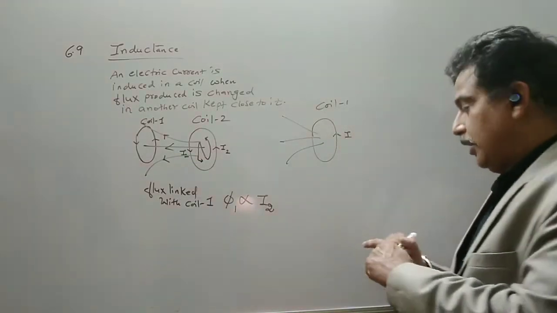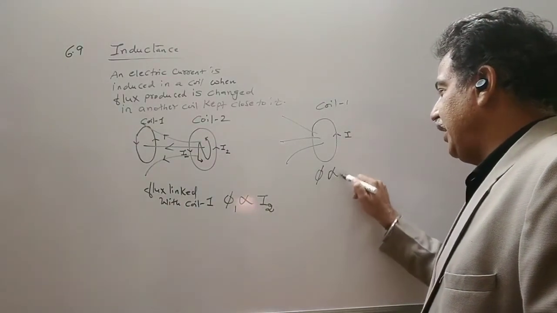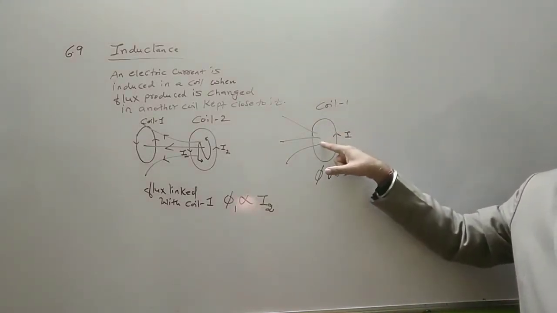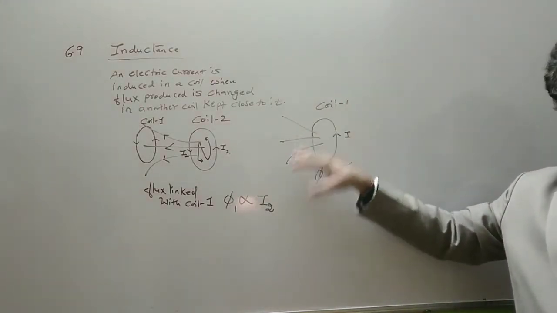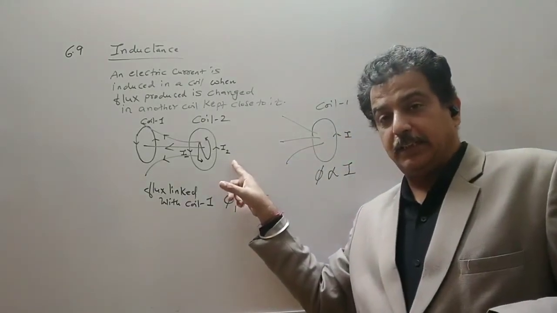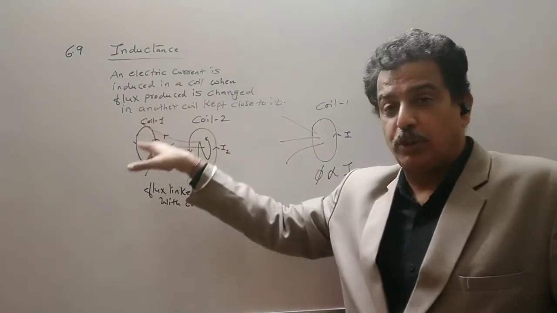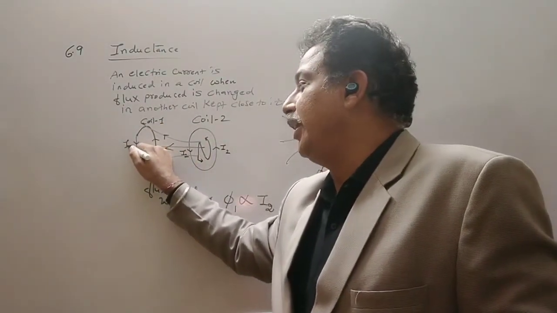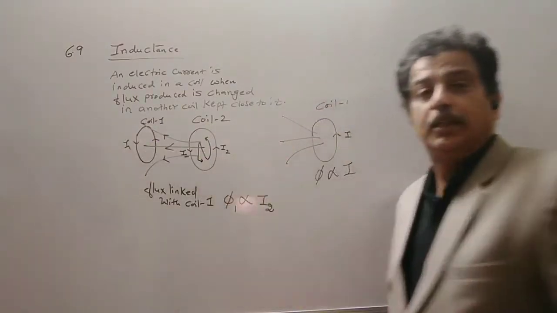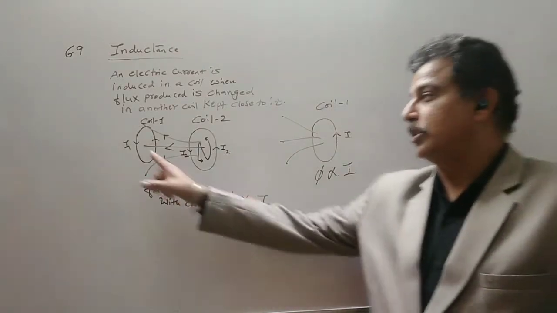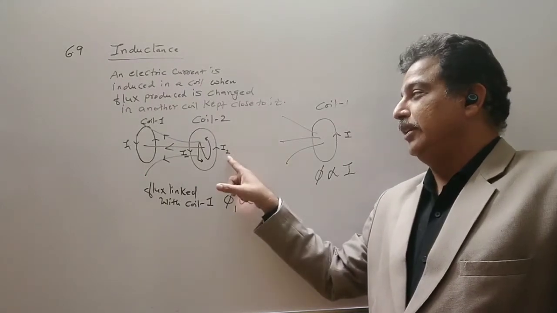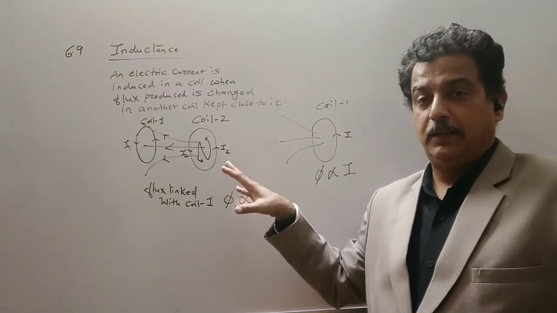In that situation, it can be written as phi is proportional to I. More is the current, more is the flux. This change in flux will induce a current in it. So remember, this is your applied current and there will be one induced current in it. So I1 is called induced current, but the magnitude of this induced current depends on I2, and I2 depends on the flux.